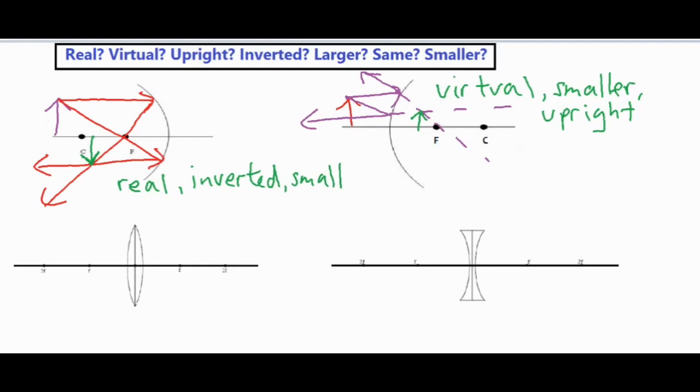Now let's go ahead and take a look at our lens diagrams. So we have an object maybe on this side of the lens, and we have some similar rules, but some rules that are also quite different as well. So we have an object over here. What would happen is light would hit this object, or it could be an object that creates its own light